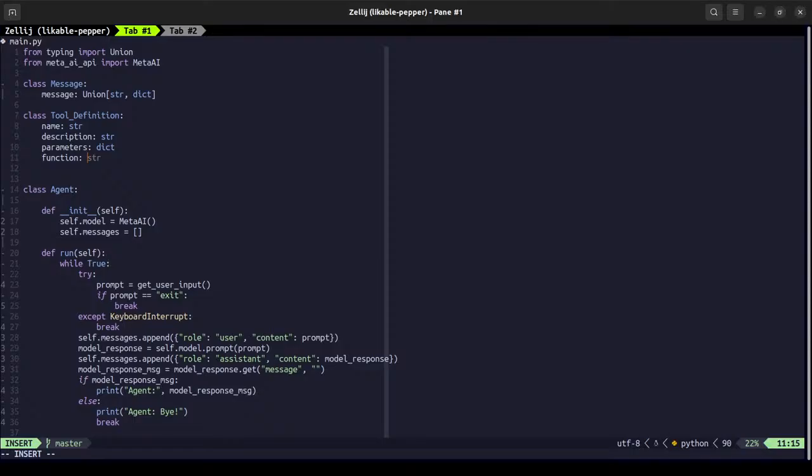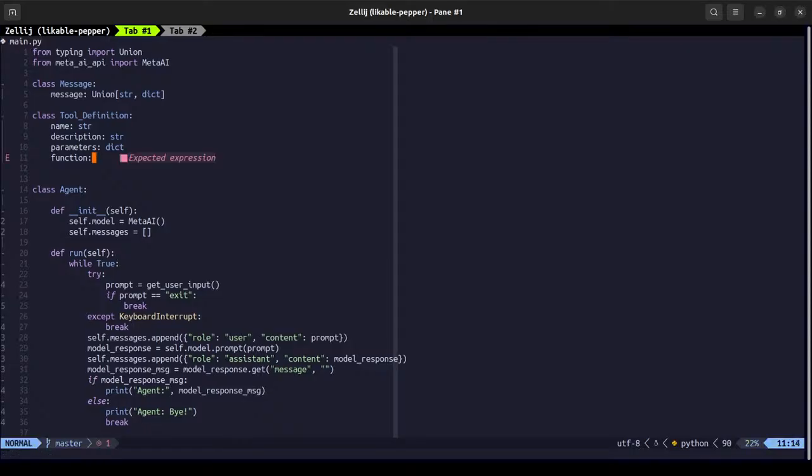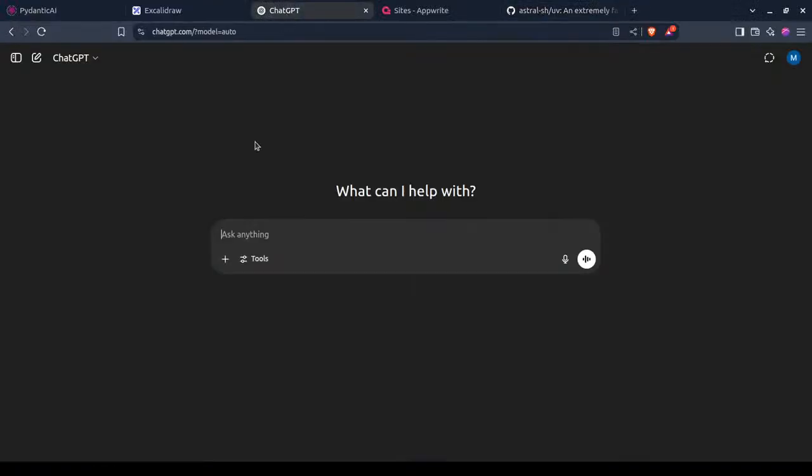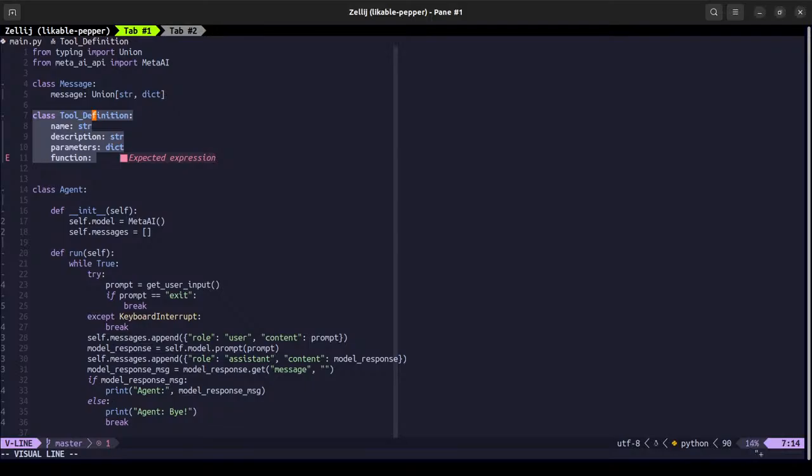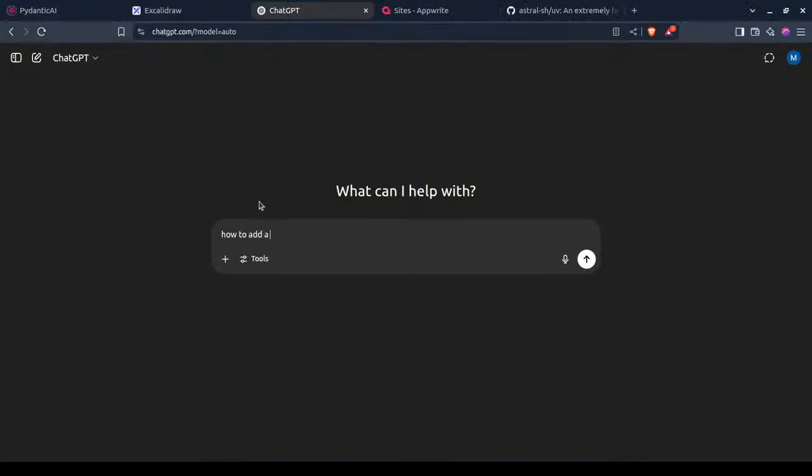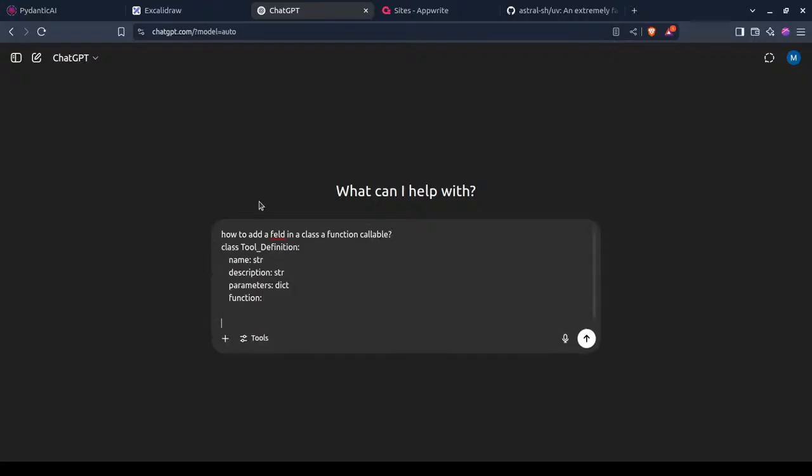How do you define a callable? How to add a field in a class as a function callable, like in Golang.